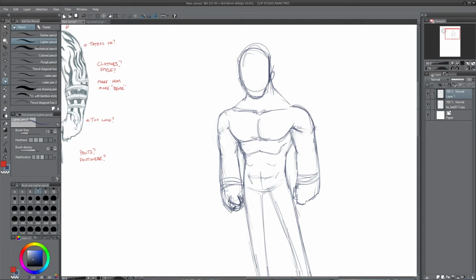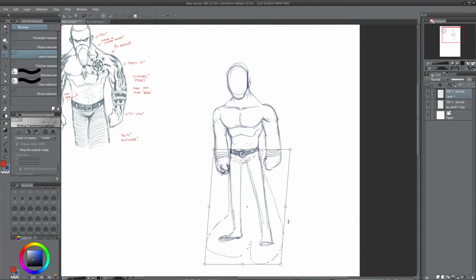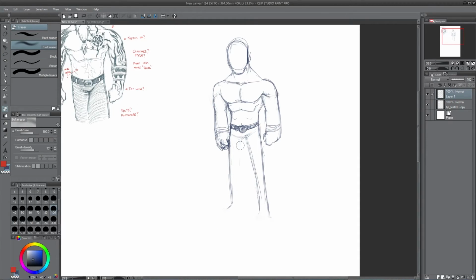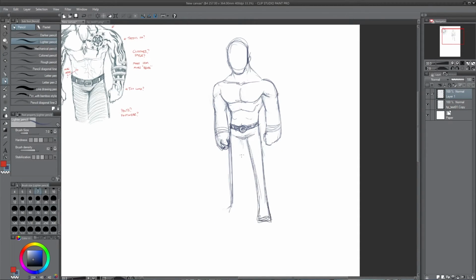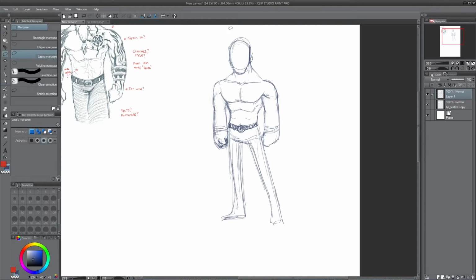Like the muscles on this guy, I need to maybe scale them down a bit, maybe make him a bit sleeker, or maybe I should try a cartoonish way. I don't know. I haven't decided on the style yet, if it's gonna be more realistic or more on the cartoonish side. Both have their advantages and bad sides, so I don't know really yet.